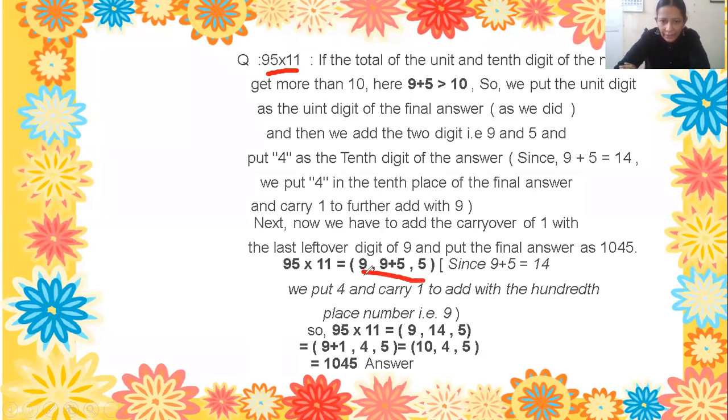First number is this 9, so I have written this 9 here. Then after that, last number is 5. I have written this 5. So in between, these are the commas I have put here to do the splitting. This is called the splitting, as you have already done earlier also. Now what you have to do is 9 plus 5, as you have done in earlier questions also. You see here I have written this 9 plus 5, which is equal to 14.